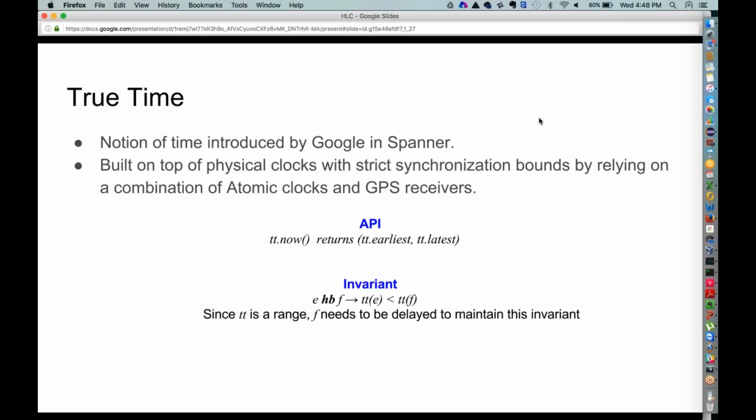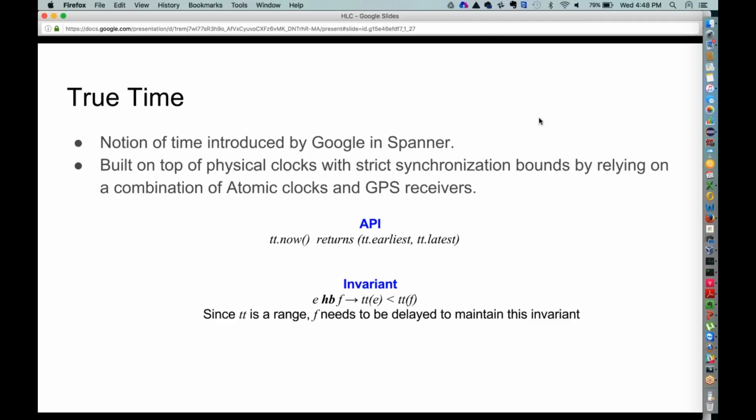So even if you write an update in North America, and then you tell your friend in Europe that I just finished my update, and someone in Europe looks up that value, they should basically see the current state of the system as it happened. So for that, they had to actually solve some interesting problems with respect to synchronization and timing.